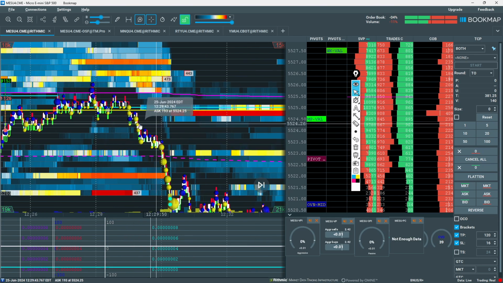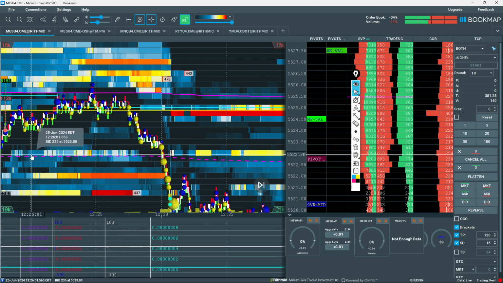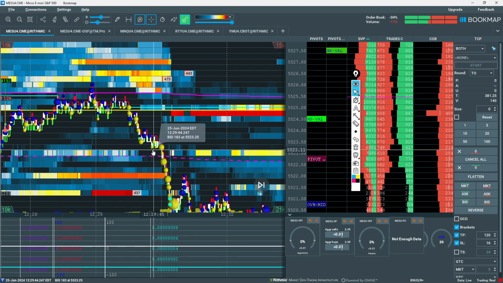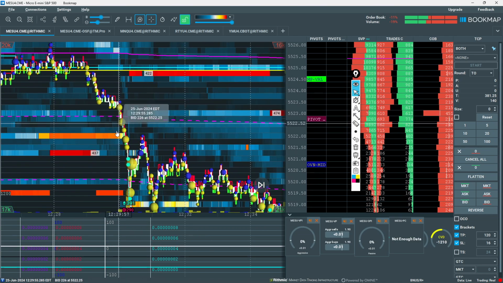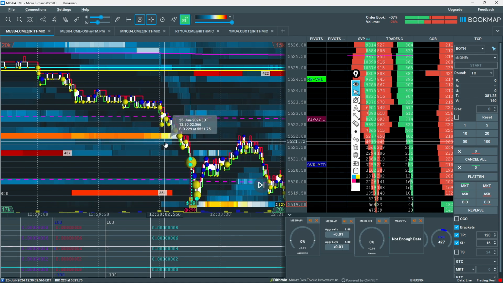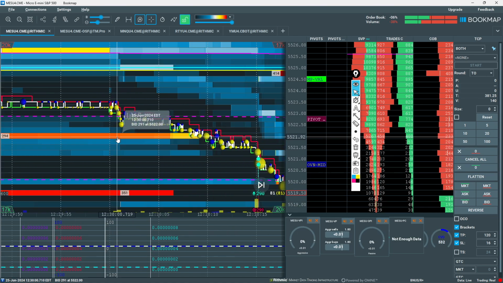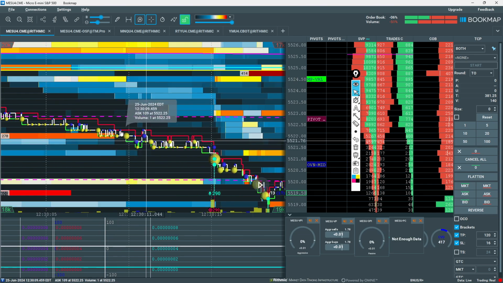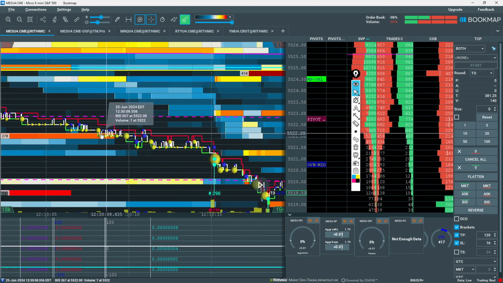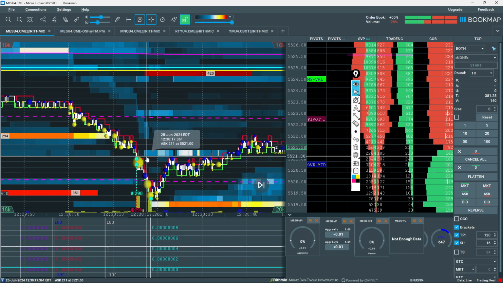Now you can see there's a liquidity vacuum here again. They stopped stepping up at this level here, right, at 55.23, sorry. And then we had this vacuum here where we could just fall through, right? No liquidity to stop us. Now there's liquidity resting here and he got hit, right?